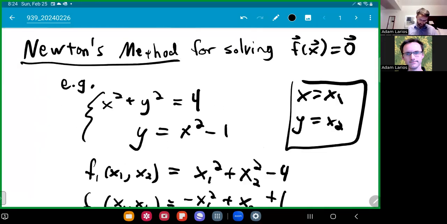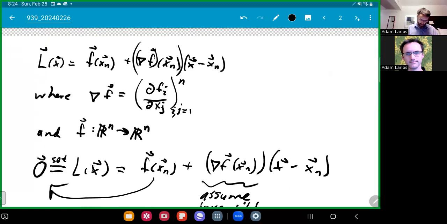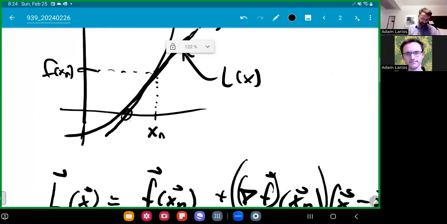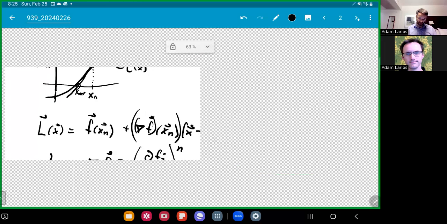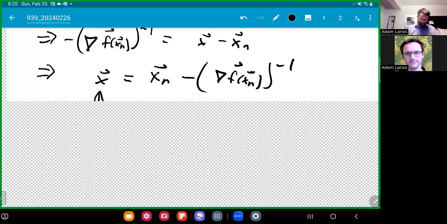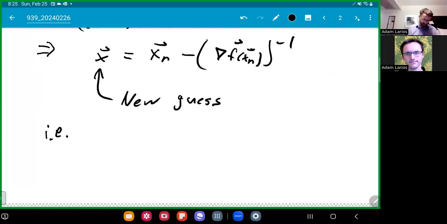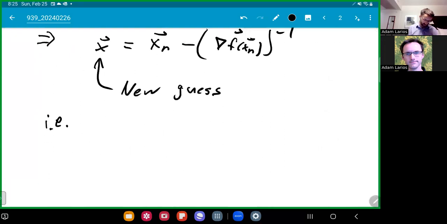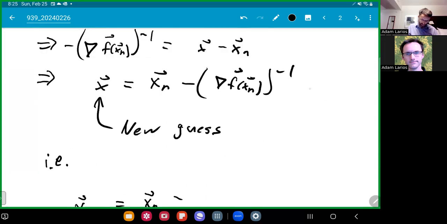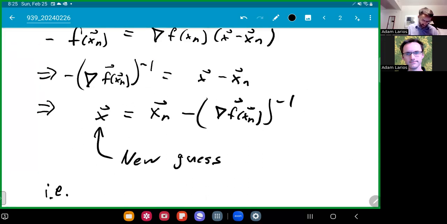I guess I'll go back to this picture. We've gotten a little bit closer. So this would now be our xn plus 1. So we're sort of moving a little bit closer to the 0, we hope. And so we get Newton's method. We have xn plus 1 is equal to our old guess minus, oh, I forgot to write this. I forgot to write it in a few places. F of xn,